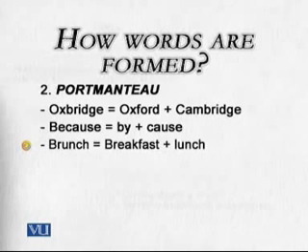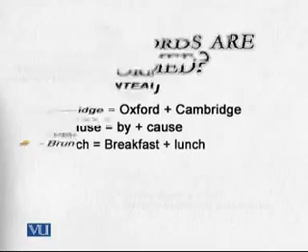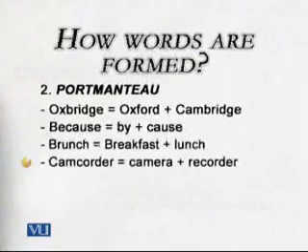Of course, brunch is a meal which you take between your breakfast and your lunch. There are five meals, three are main courses, two are light meals you can take: five o'clock tea and this brunch. So this is what I'm talking about. Some more examples for your interest on the screen, you can take a look. Camcorder, which we very commonly use these days as we go buying gadgets. So camcorder is a combination of camera and recorder.